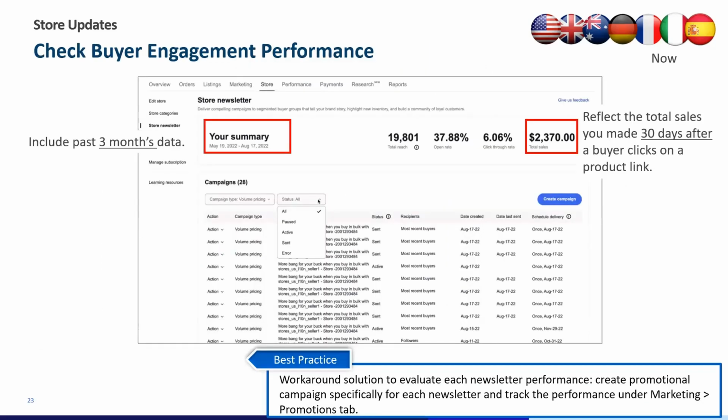New reporting capabilities under the store newsletter tab let you see how many buyers have opened and clicked on an item on your newsletters. You can also see how many total buyers you have reached and total sales you have made 30 days after a buyer clicks on the product links. Currently, the report only supports an overall statistic of your